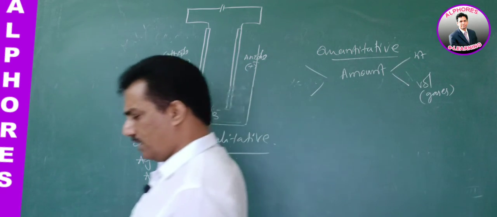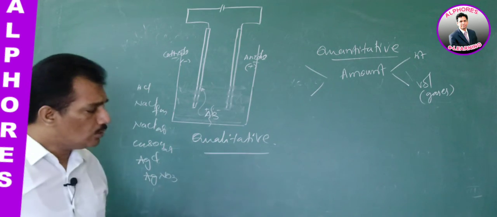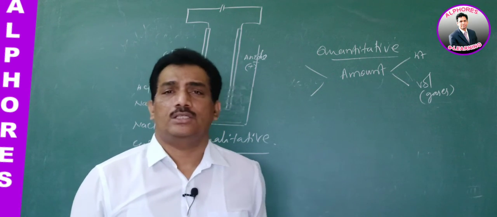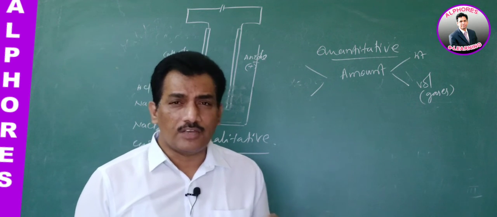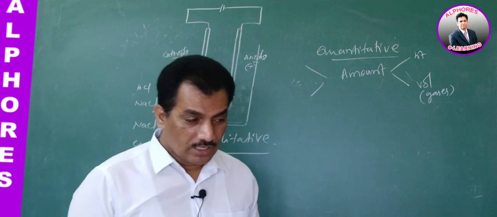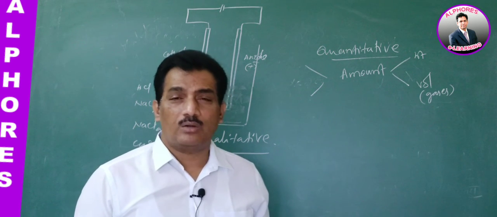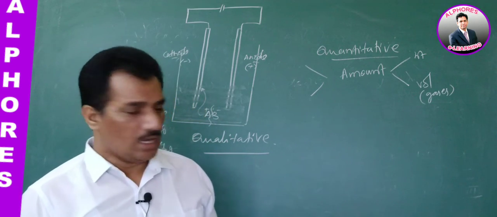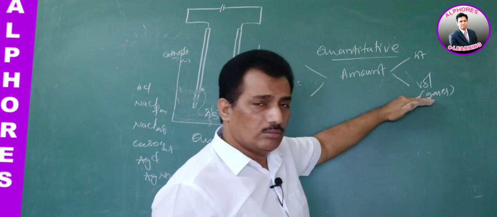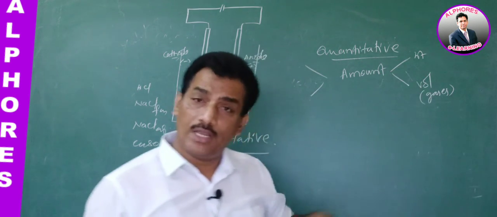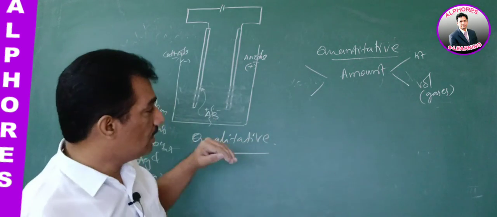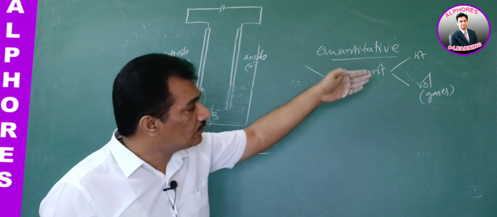One more important thing here: in general, for the electrode products we are considering only the solid forms of metals or the gaseous state. We are not supposed to have any liquid released or deposited at an electrode. Obtaining liquid at an electrode is not possible in general. Clear? We can measure the amount either in terms of weight or volume. When it is a gas we can take weight or volume, and when it is a solid we can measure only weight.